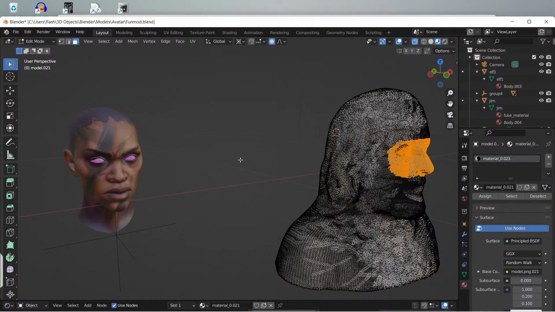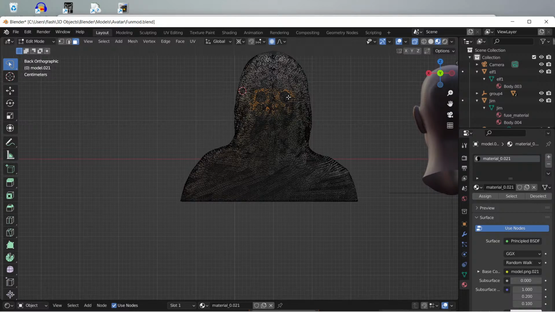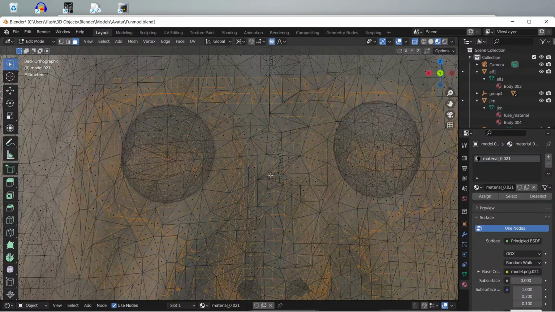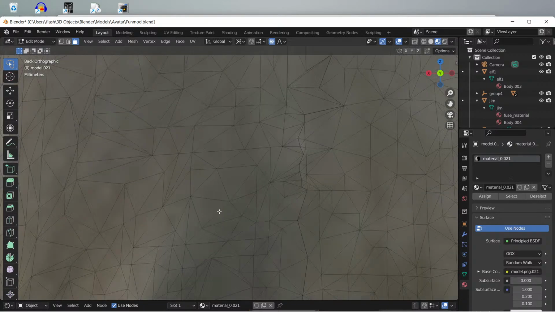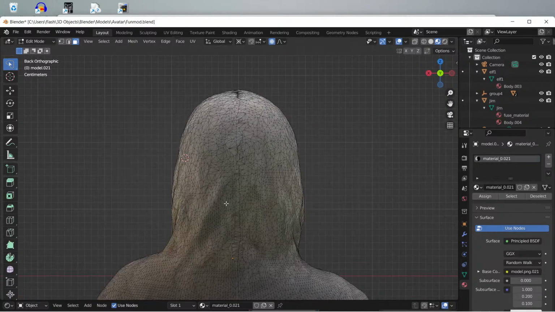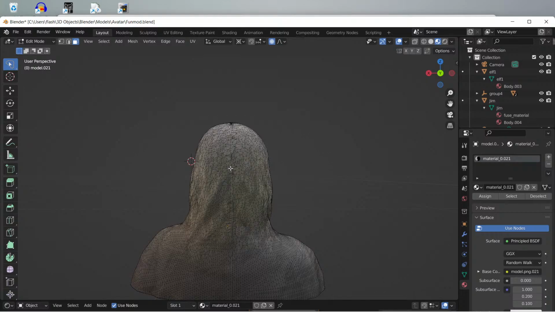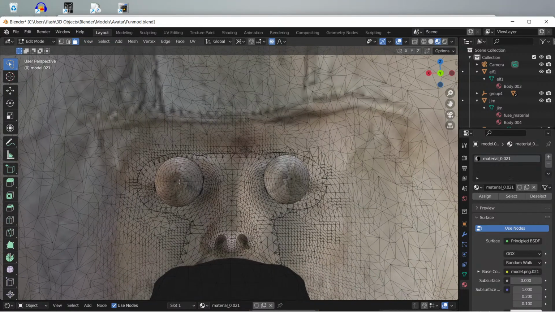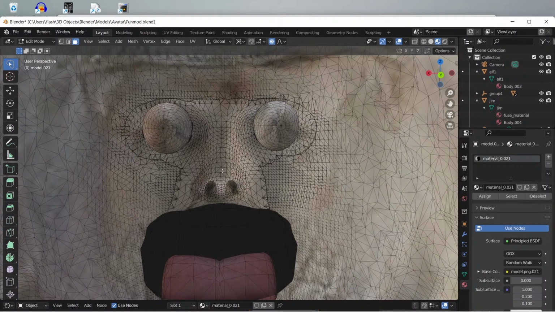How I do that is we're going to go to the back of the head, zoom in, we're going to toggle the X-ray, zoom in, actually zoom out a little bit, select one of the vertices or faces, view, frame selected, and then we're going to go in to the head. From the back of the head, we're going into the head. Reason why we want to do that,